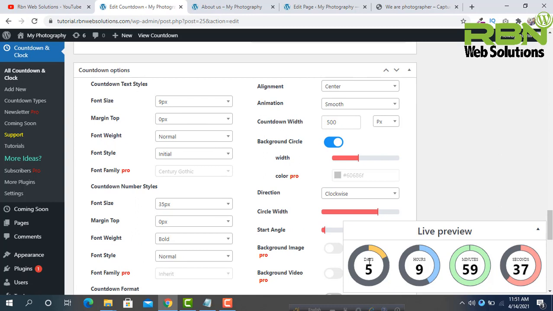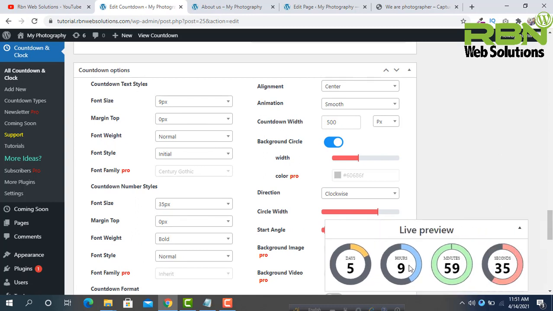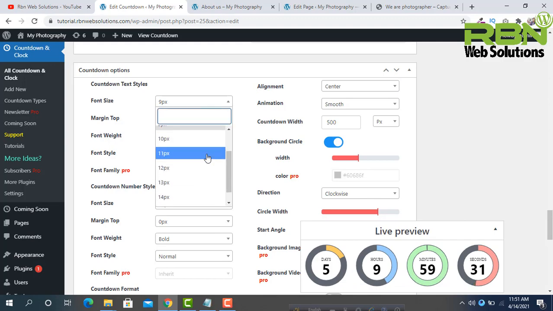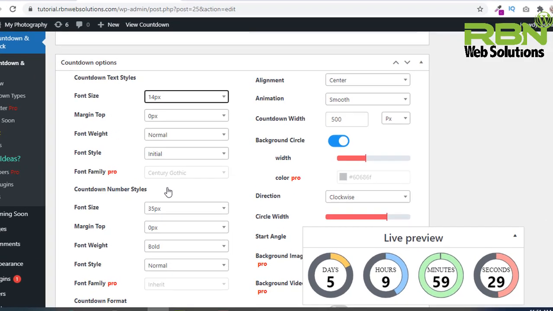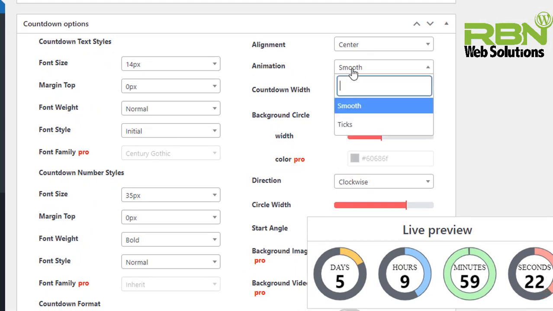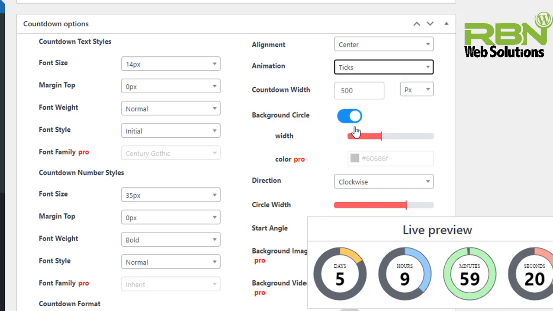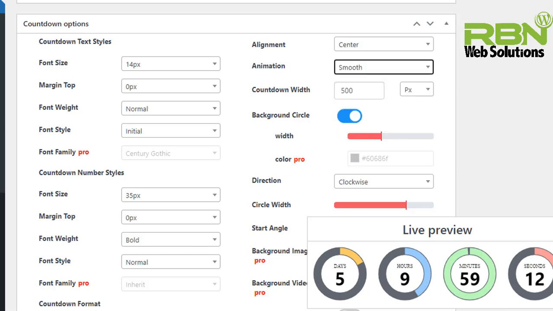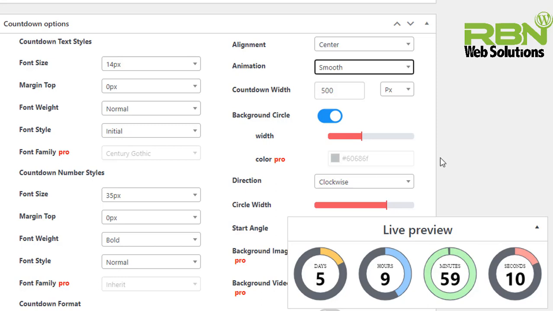Font size, if you want to change the size, you can increase the font size, suppose 14 pixels. And then alignment, you can set, and animation. If you set ticks, can you see the changes here? And if you set smooth, it will run smoothly.